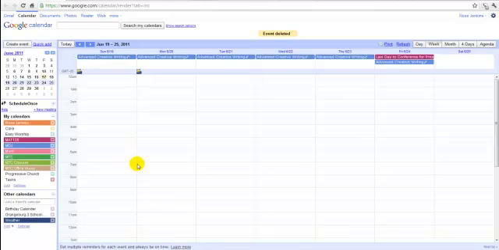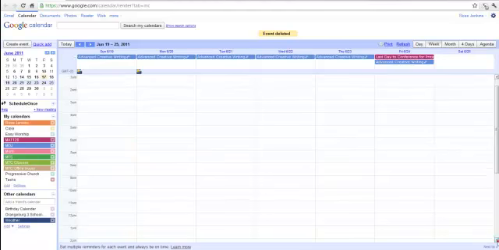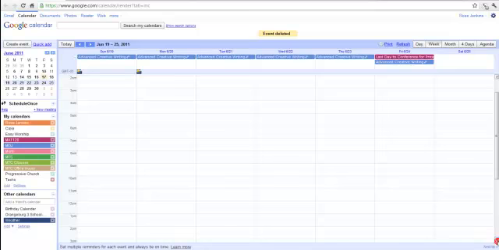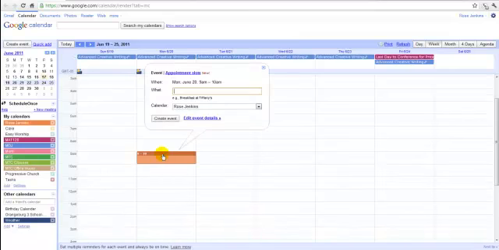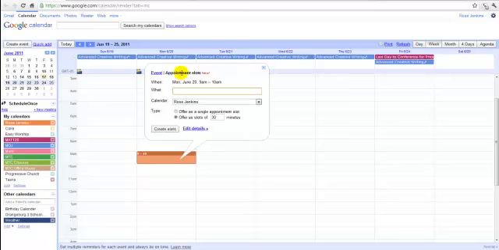I want my appointments for next week, which will be Monday the 20th of June, and I'm just going to click on the time slot that I want, and notice right here it says appointment slots. So yes, I definitely want to set up some appointments, and in fact, we'll just go ahead and click on the appointment button, and these are student conferences,